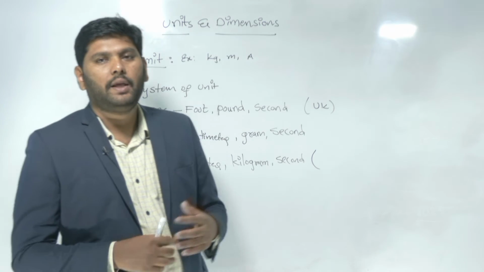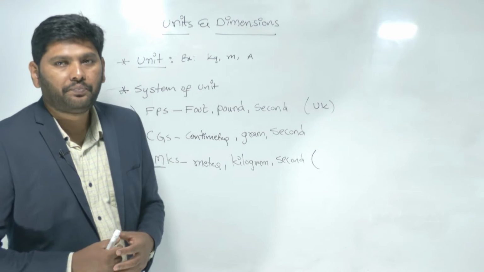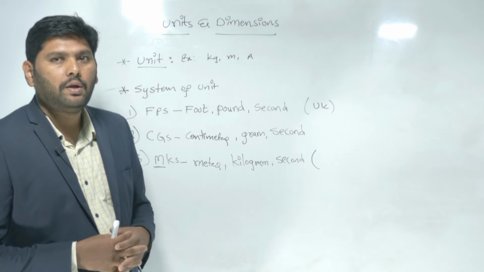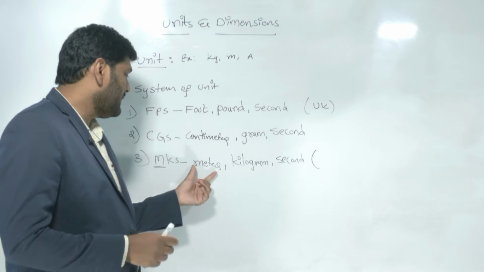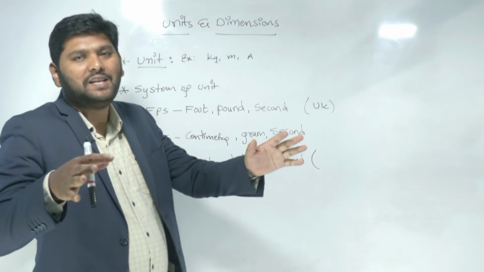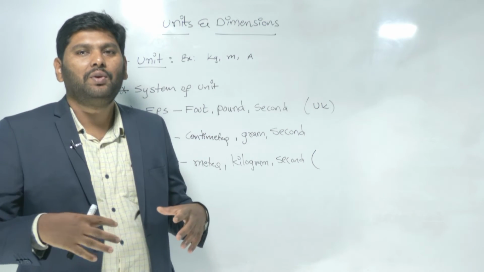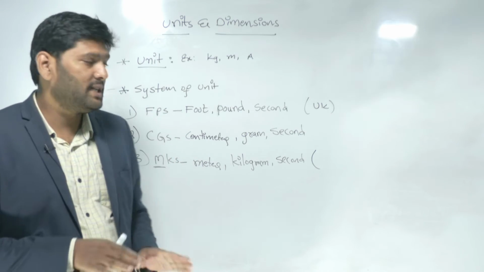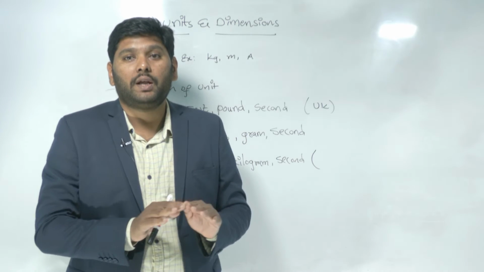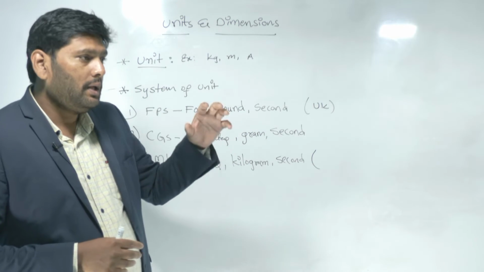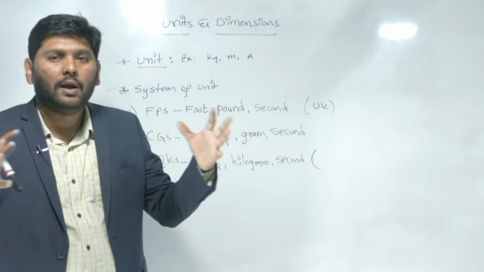For example, you want to stitch a blazer, and one hand is measuring with foot, another hand is measuring with meter. You cannot get a blazer, you will get something else. Because of the difference in the system of units, you go in a wrong way. So the thing is, all the countries like UK, America, all the countries all over the world